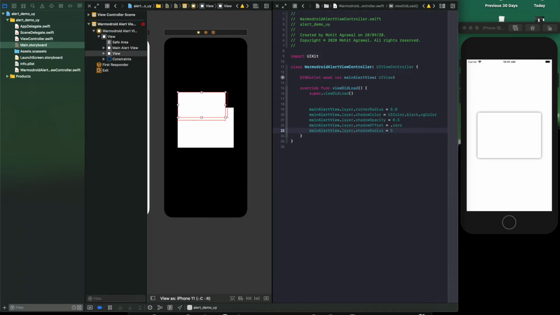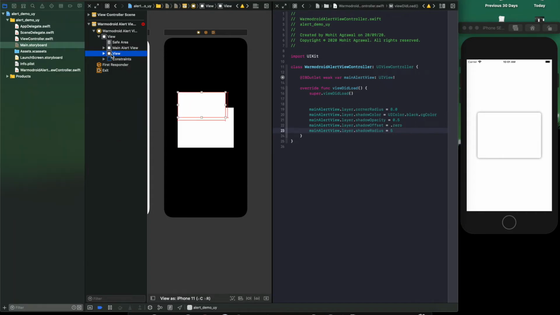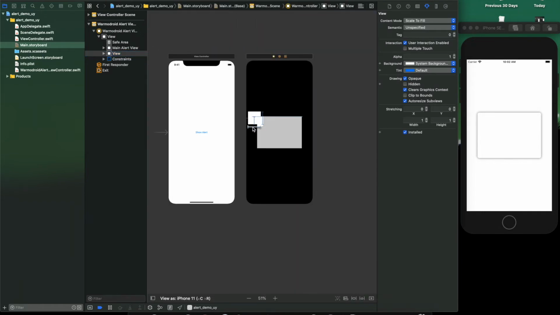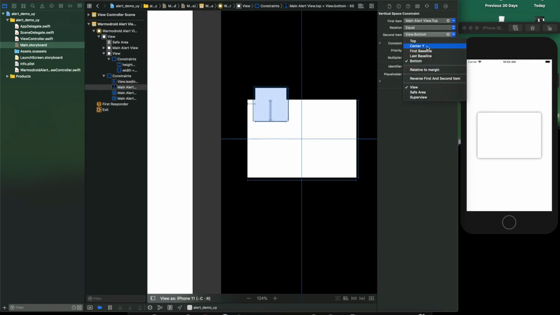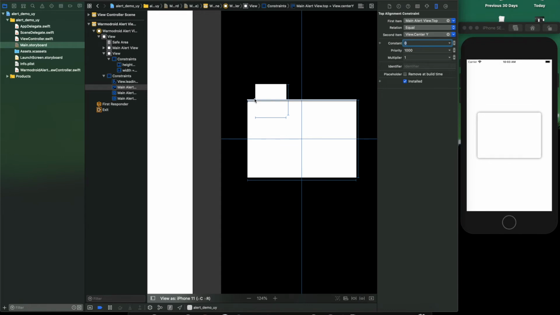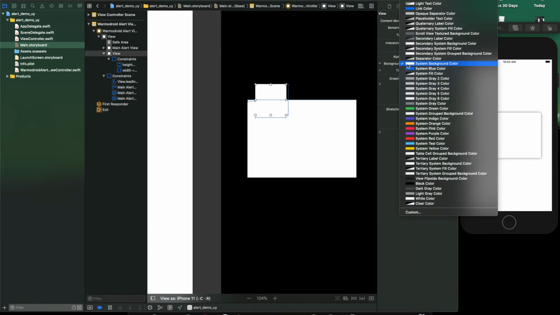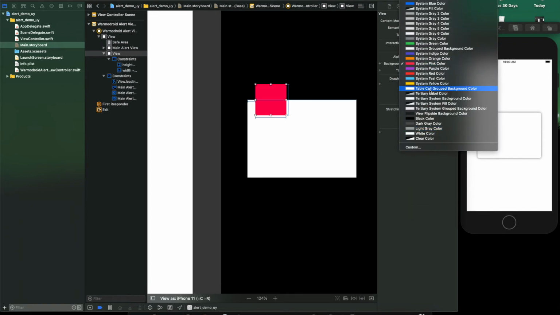We will see if it is not coming proper, then we will change it. Now we have to give the constraint. So guys, this is how we can make it like this, and let's change the background color here, not the pink one. Let's give it system red.